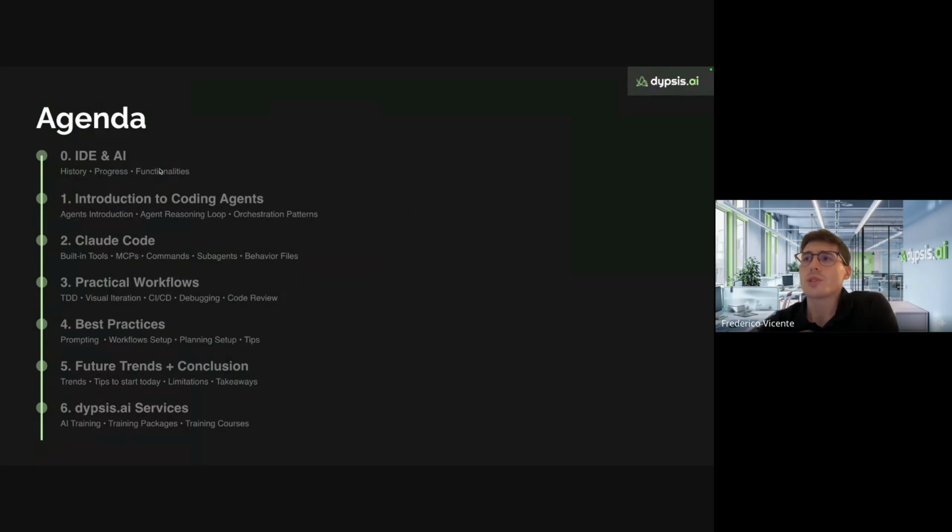We are going to talk about some common workflows where these coding agents help us a lot. And then we are going to talk about some best practices to take advantage of these coding agents to our gain. And in the end, we are also going to talk about the current trends, future trends, and takeaways I think are important about these coding agents.